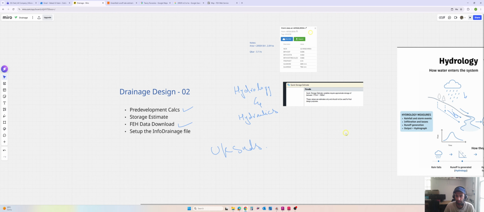For example, we can design some pond if we go for 1751, then we can go for, for example, 1500 square meter with 1.5 meter depth. So this will give us roughly